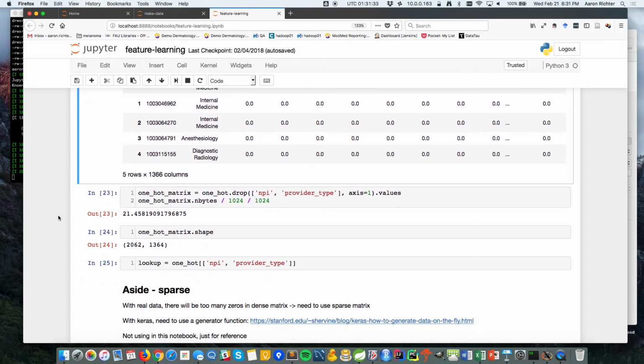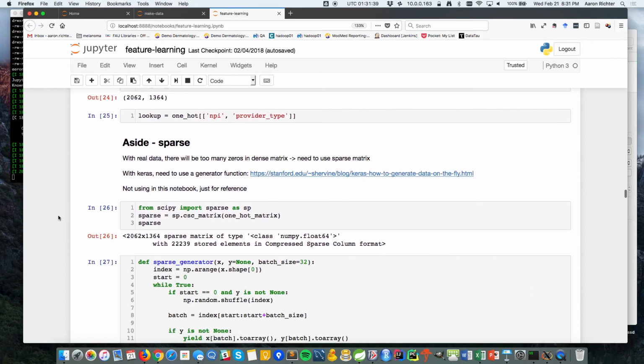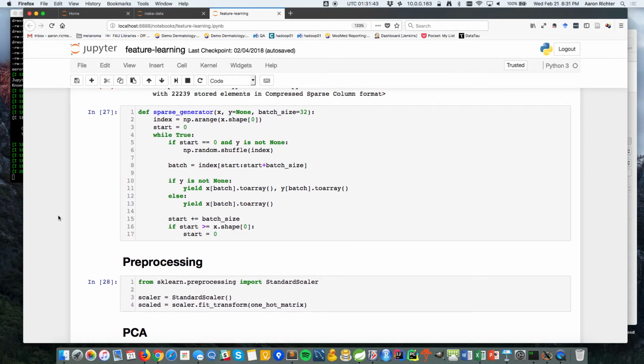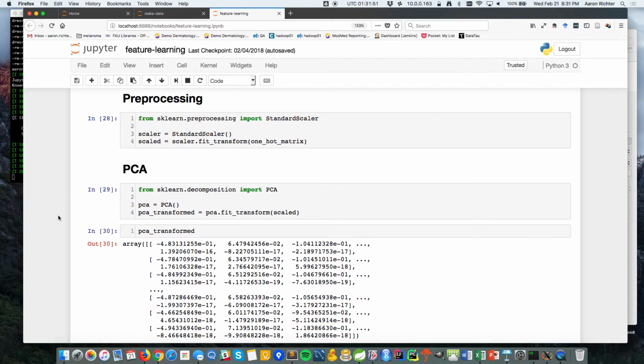So we've got a sparse matrix. I have a little rant on sparse matrices that we can pretty much ignore for now. You can look at that later. SciPy in Python has some really great tools for handling this stuff. You don't really have to think about it. You have to think about it a little bit, but not a whole lot. So again, just for the sake of time, we're going to breeze through it and show some of the cool, pretty graphs. So now to the actual feature learning. That's the introduction to our data set.